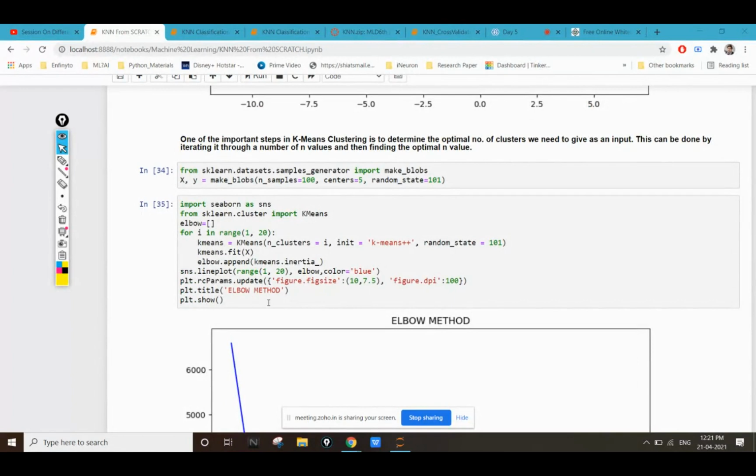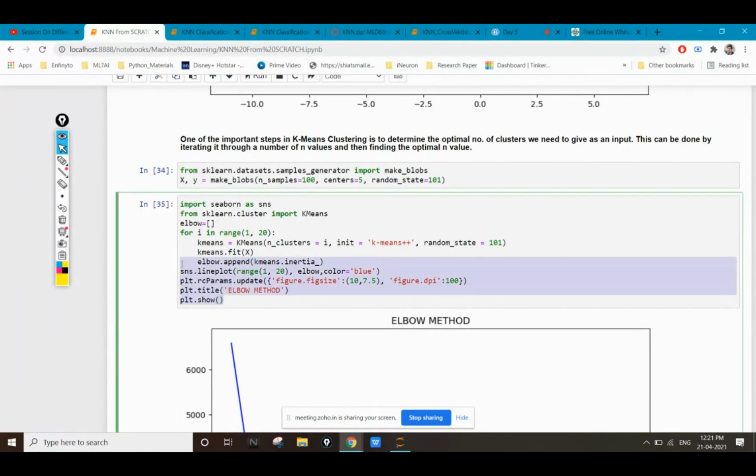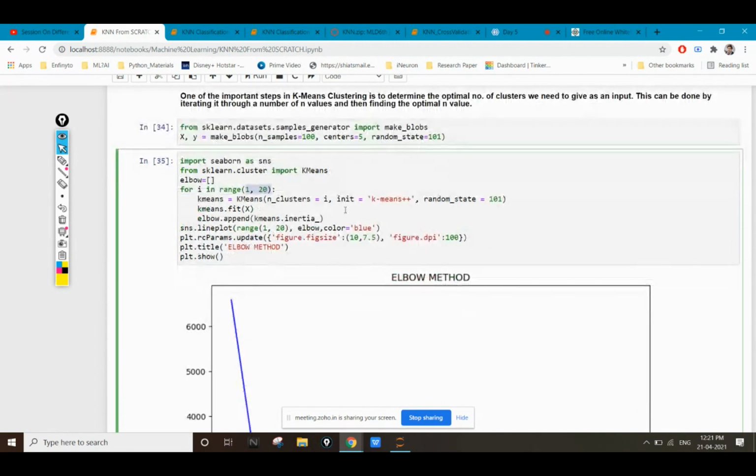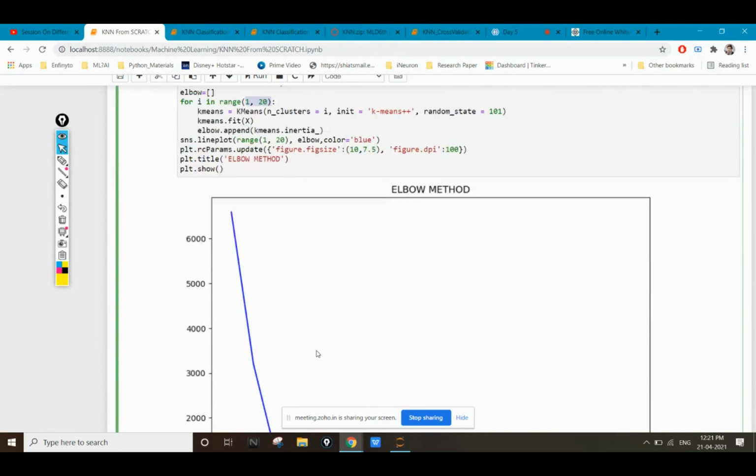Again here, I'm plotting the different values of k. I'm taking the values of k from the range 1 to 20 and plotting them against the error.